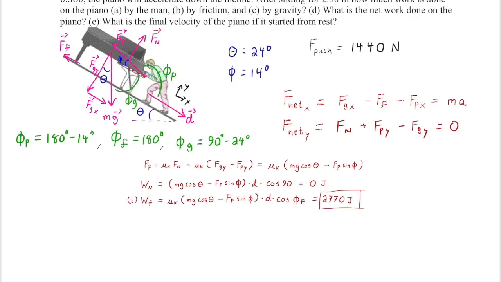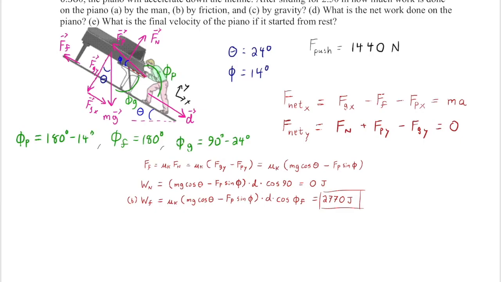All right, so let's see. Looks like I'm answering part B first. This is one of my older solutions, which is why it's got some oddities to it. So part B, how much work is done by friction? So we've got the mu k, and this whole business here is just the magnitude of the friction force. This is d, which we know, and then this is cosine of the angle between those two vectors. So it's cosine of the angle between this vector and that vector. Well, what is that? That's just 180. So then the work done by the friction force is